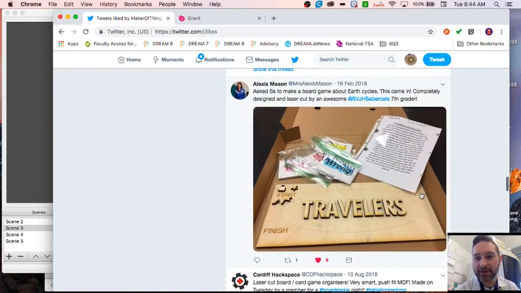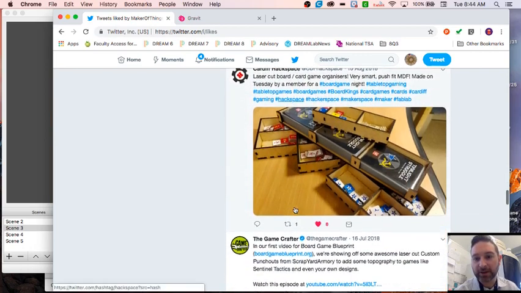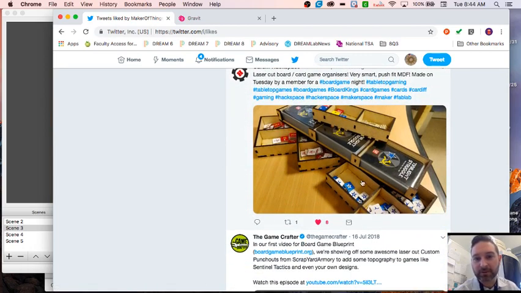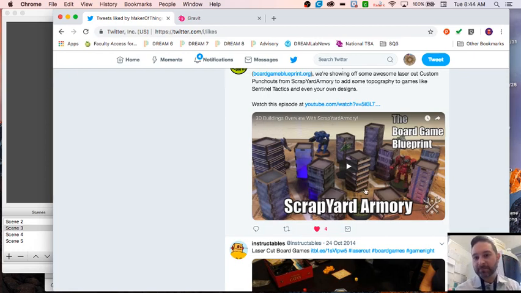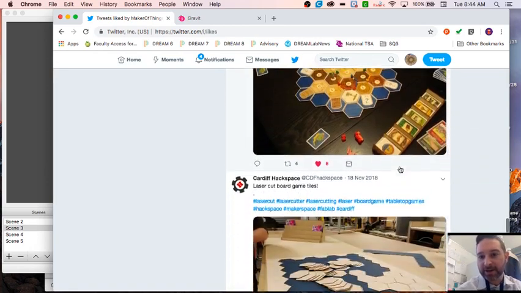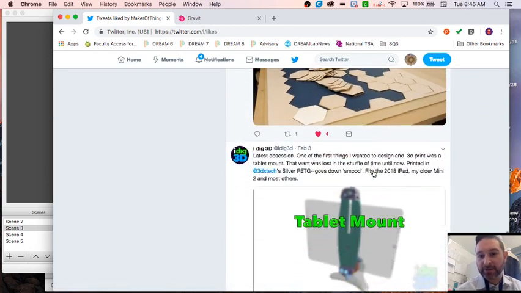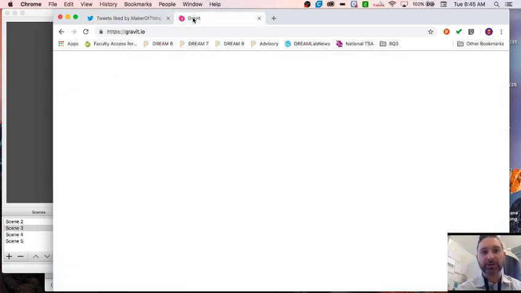But you can see how some of these, like this one, were done by a 7th grade class. I like the Travelers logo there. Boxes for holding pieces. This is good. This one's really neat. It has a bunch of buildings that were laser cut and then 3D on the board itself. So there's a number of things we can do with the laser cutter, but I'm just going to show you some basics so that you can get started,